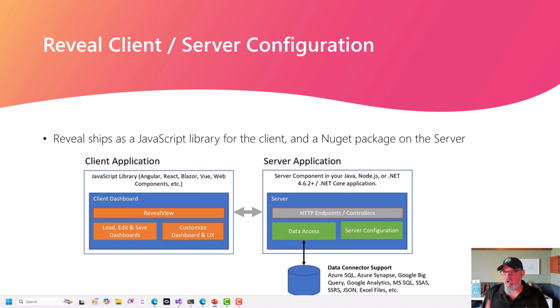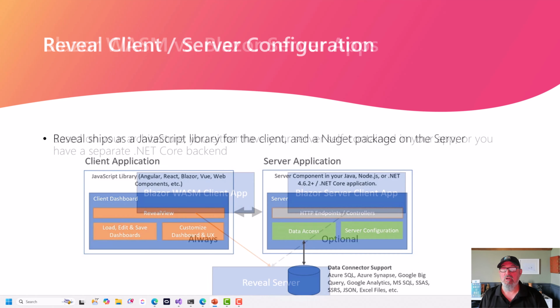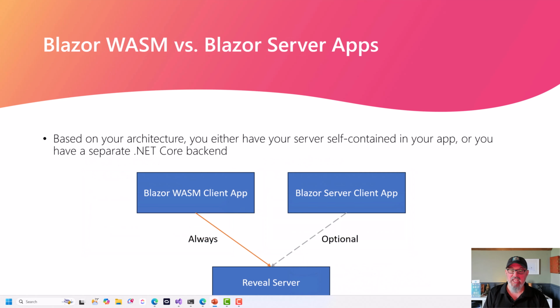So there's really no authentication that I'm going to do today, but I do have examples that I'm going to show you online of how you can implement that in your own application. So you'll have your client app and your server app today. Because we're going to do Blazor server, we're going to put them both in the same application,